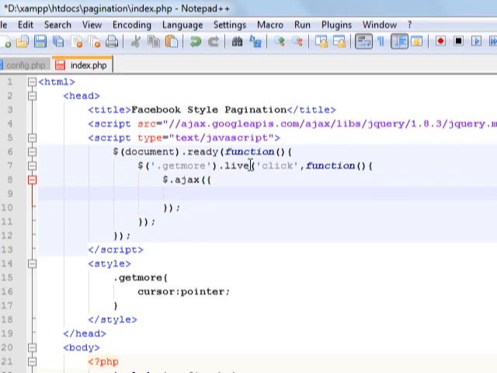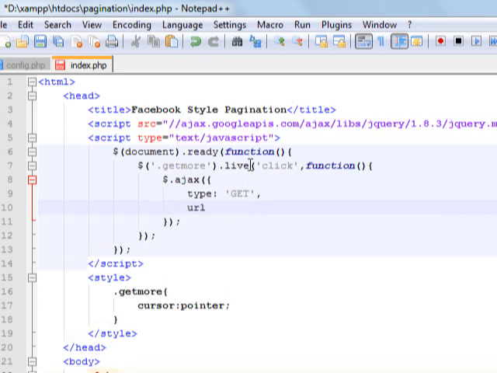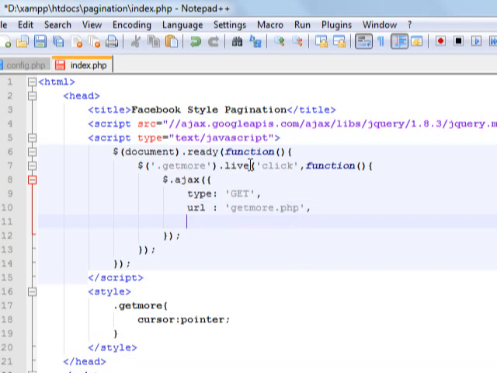I'm going to tell the type of communication will be the get method, and then the URL I'm going to talk with is, let me give a new name for the file here, getMore.php. And then data, if anything I have to pass. Yes, this is the last element that exists in the pagination, so get me the next 5 records. So I have to pass the last element over here, so I have to say last element equal to,